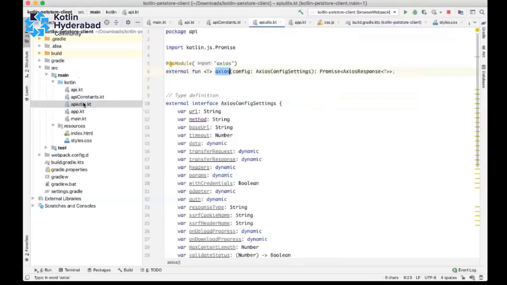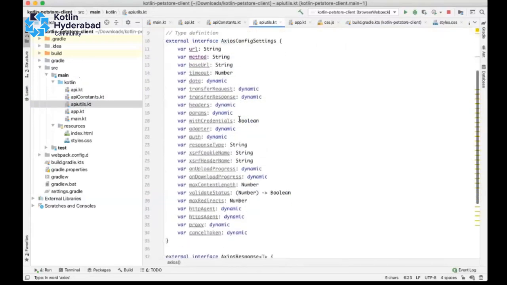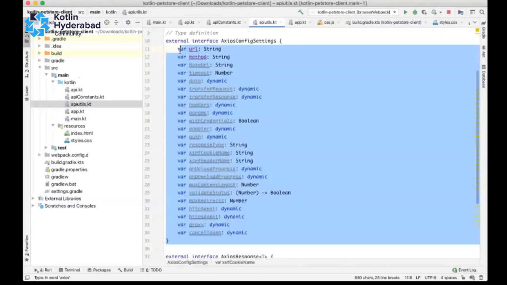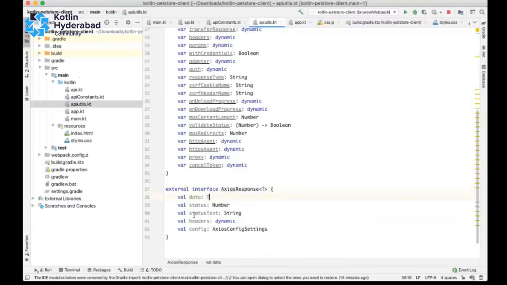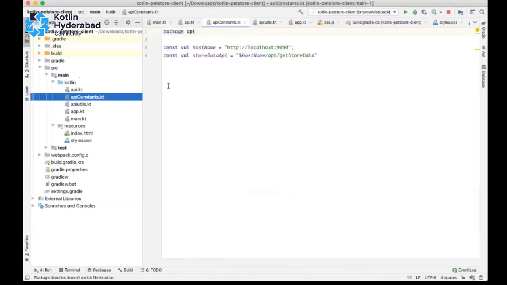Here you can see the Axios configuration, and these are the headers that are required for Axios. These are all just for type checking only. I'm also expecting an Axios response. In the Axios response, we will have data and status numbers, which indicate the RESTful service statuses. Then I just defined the constants. Here I'm placing the host name. Our host name port is 6060, so I'm just updating it to 6060.